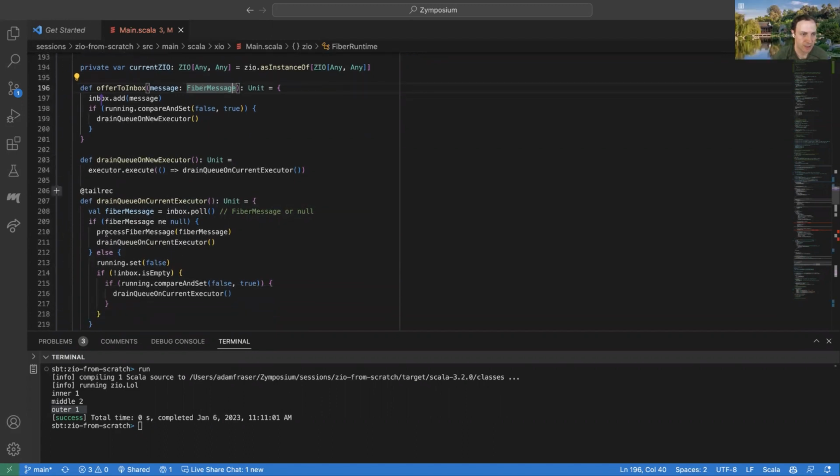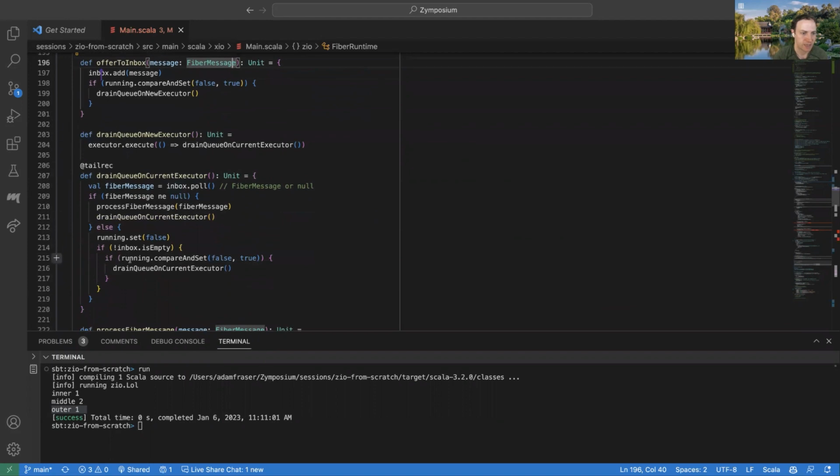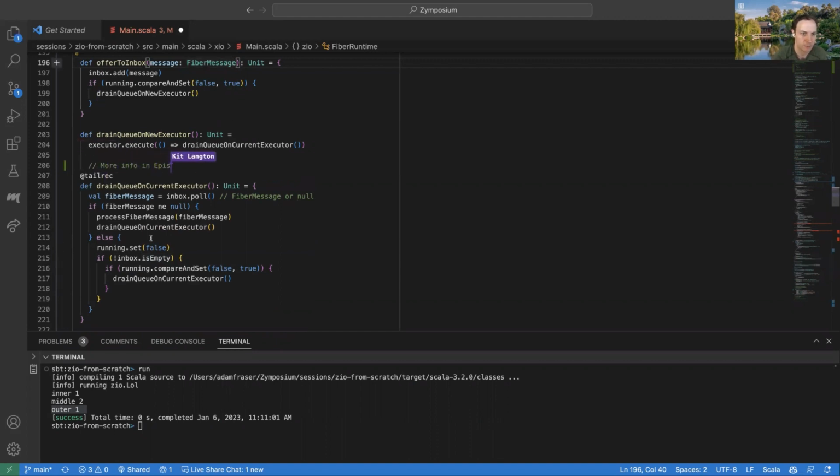Yeah, and so we've got the rest of that inbox logic here. We've again got to do a little bit of double checking of we're processing these messages that are in the inbox. And when we're done processing all these messages, we need to double check that we really don't have any new messages after we set our own running status to false, so that we don't have those race conditions if someone else offers us a message and they think we're running, but then we immediately stop running. If you have more questions about that code, go back to the first video we did where we go through implementing this, and we go through the logic here in more detail.